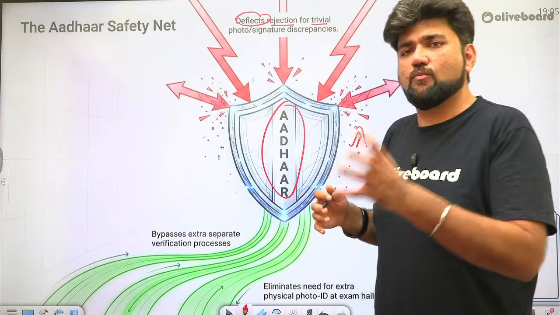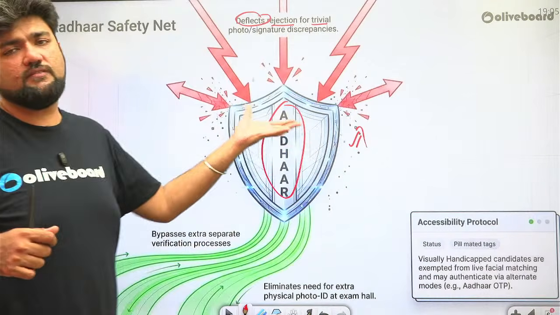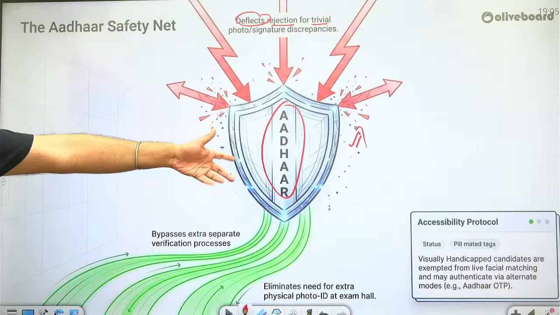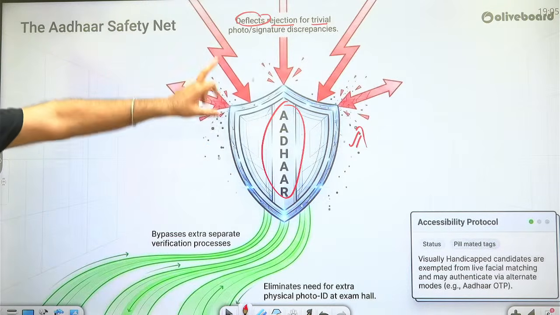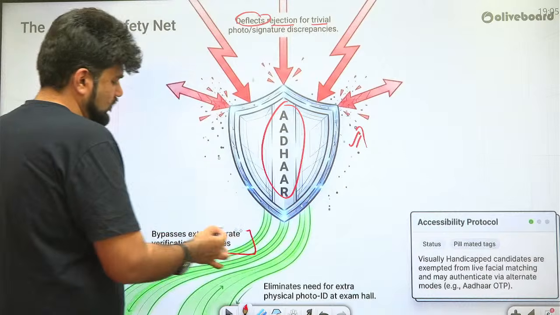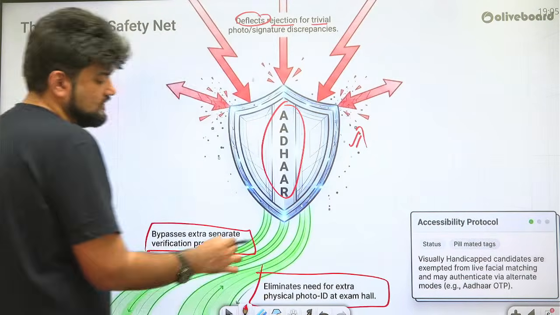It will still allow the form to be processed, because they know that we can verify the person, we can authenticate the person using their Aadhaar data, right? So the biometrics are there, so that will prevent any issue, any mishappening here. And extra separate verifications, they are all bypassed. I have already spoken about this to you, and this eliminates the need for physical photo IDs